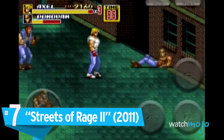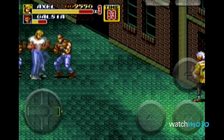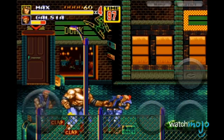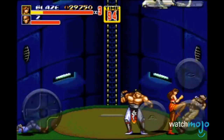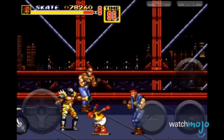Number 7, Streets of Rage 2. A poorly executed mess of bad decisions, Sega's 2D brawler has tons of issues that, while not game-breaking, continuously ramp up the frustration in the player. The user interface takes up half the screen and makes the game look ugly. The game stutters horribly when there are more than 2 or 3 enemies on the screen,